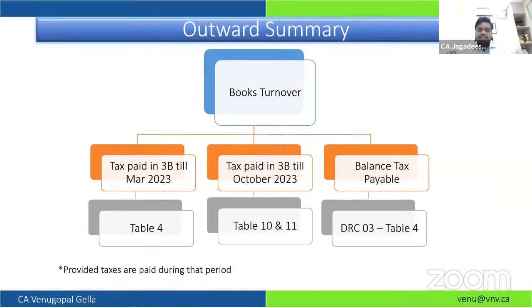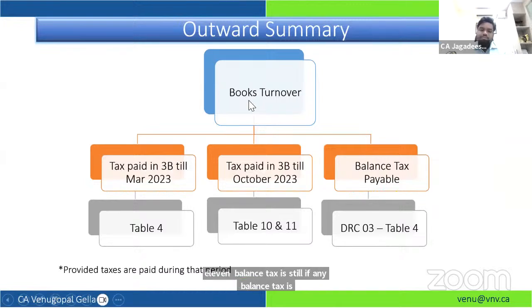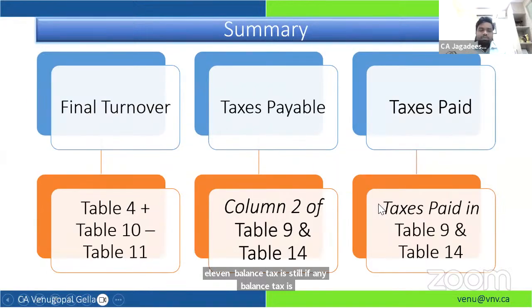So this is just a summary. What is the books turnover? Tax paid in 3B till March 2023, I require to report in table 4, and the tax which is discharged in the subsequent year through GSTR-3B, I am required to report in tables 10 and 11. And if any balance tax is still payable, then I report it in table 4. So this is my final turnover: table 4 plus 10 minus 11. This will flow to my